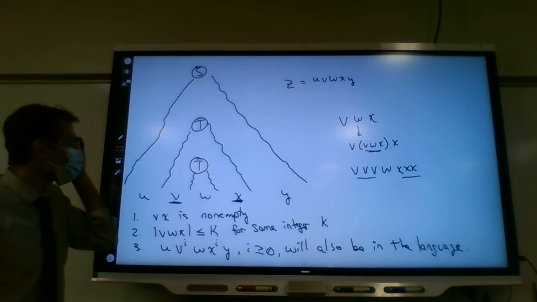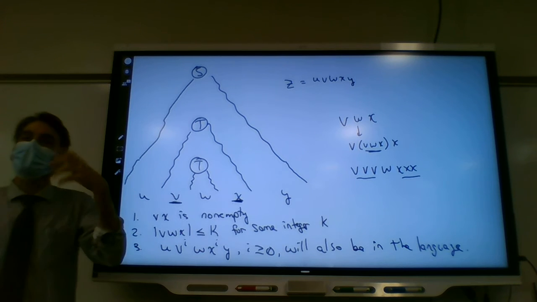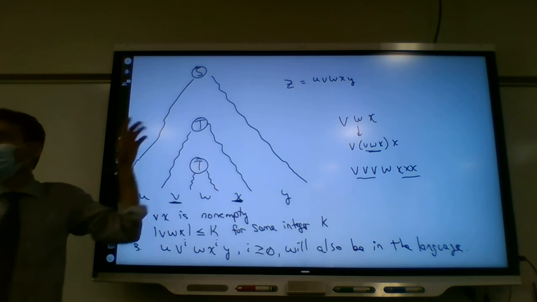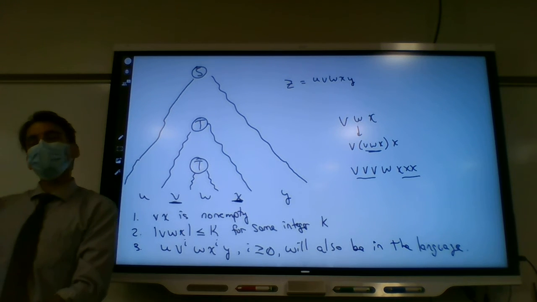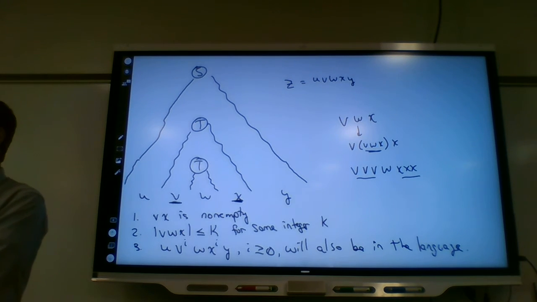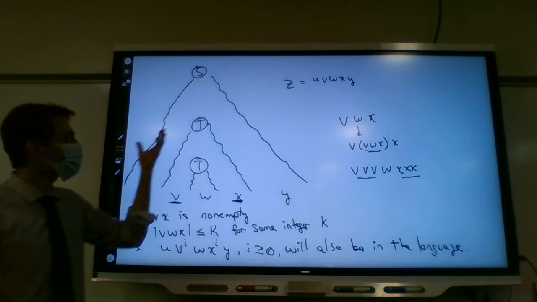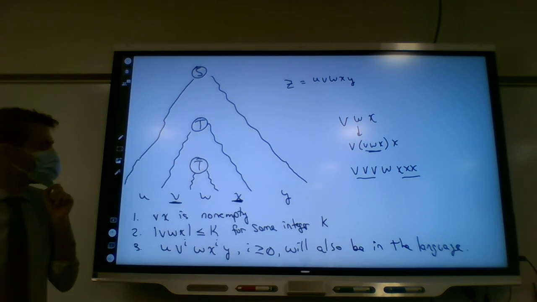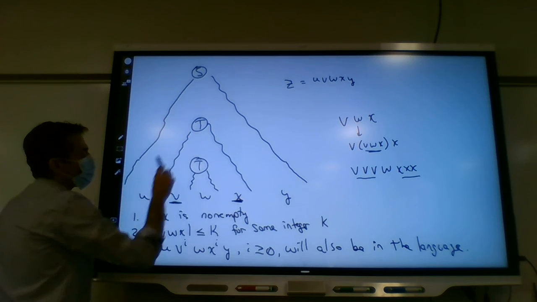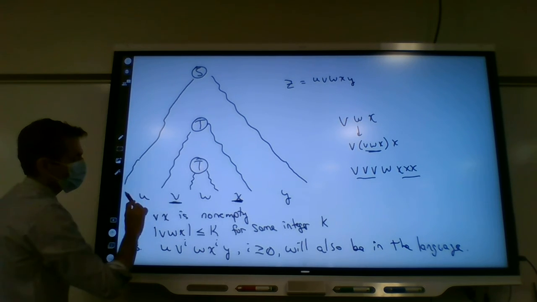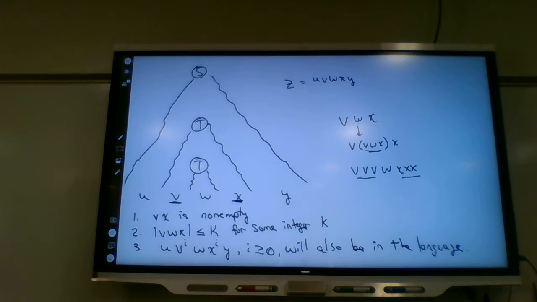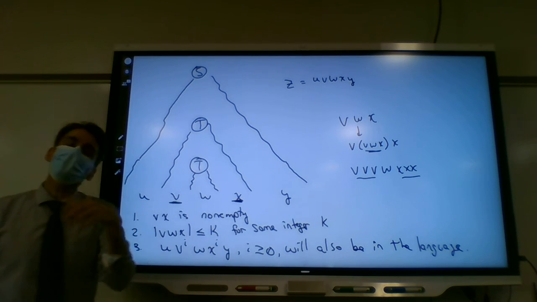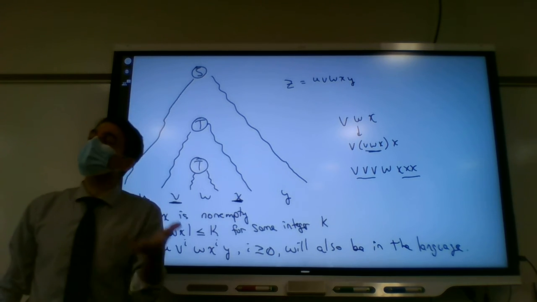And what we really focus on in all of this is, in the derivation of the string, the last variable that got reused, rather than in the other pumping lemma, where it was the first state that got revisited. We're actually going to look at the last variable that gets reused. So what happens? I derive my string in this way. When I derived this string, I'm now looking at what other strings could I derive.